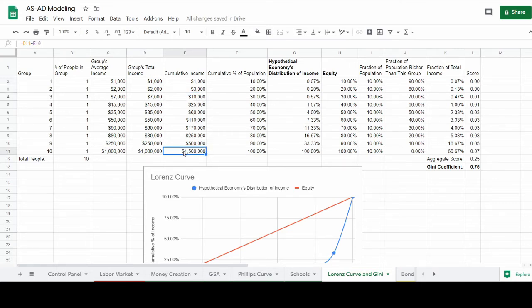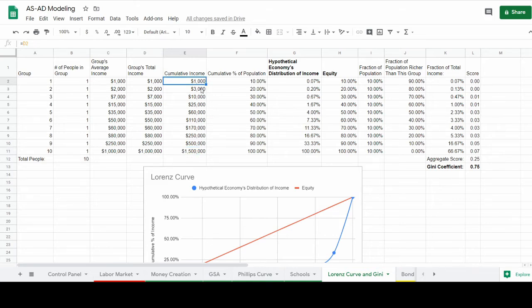When we get to the end of the line, we see that in total our economy has $1.5 million in it, with 1 million of that earned by the single person at the very top. So you can already get an idea of how this is demonstrating to us the amount of inequality in our society, because what we're learning by putting this data in order, or putting these people in order from lowest earner to highest earner, and then adding up the cumulative income as we go from person to person, we're getting an idea of how much of the total income in our society is held by the bottom 10%, which would be